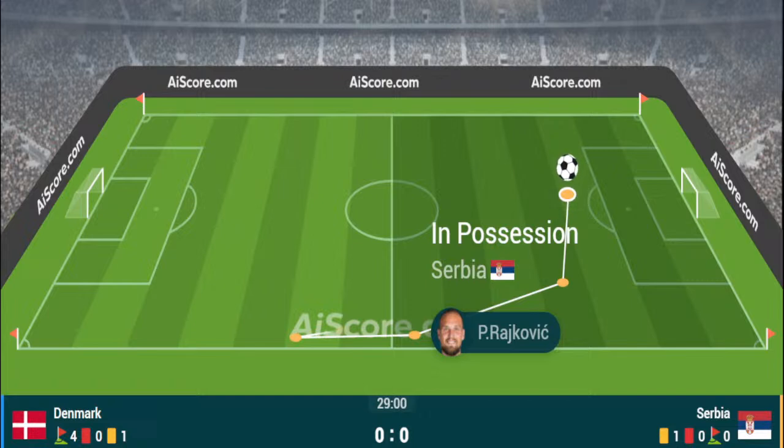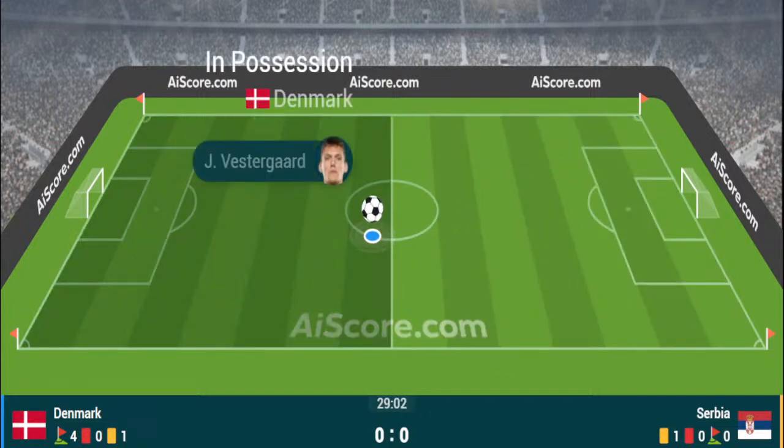All of this they've still been playing inside the Serbia half. Now they go slightly longer, looking for the run of Lukic, doesn't quite come off, and the touch initially was from Anderson, who's probably been the best player, or one of the best players on the pitch for Denmark in the opening 28 minutes of the game. And it is a Denmark ball. Serbia were trying to find a way through.